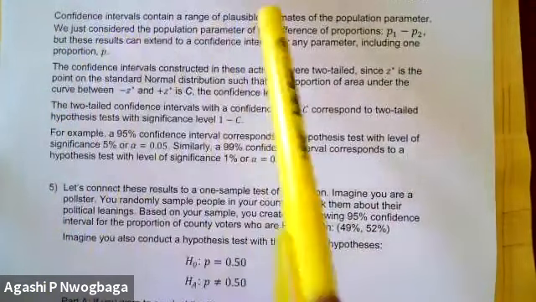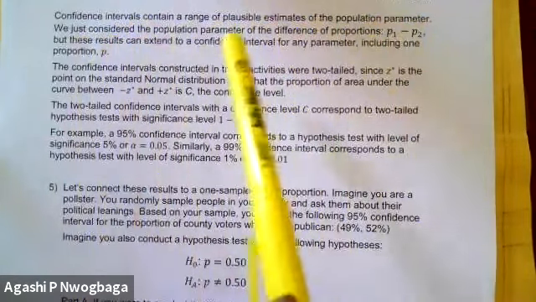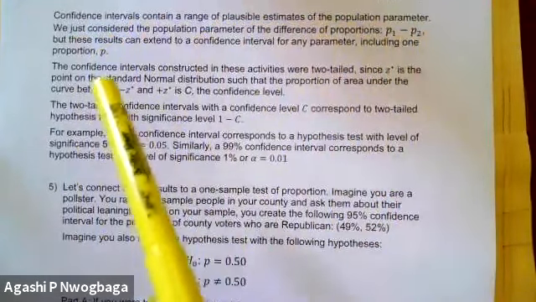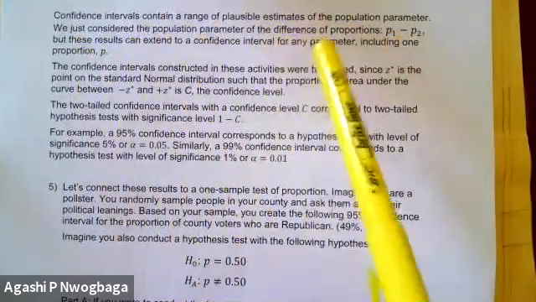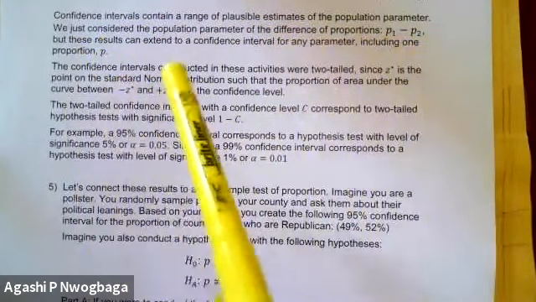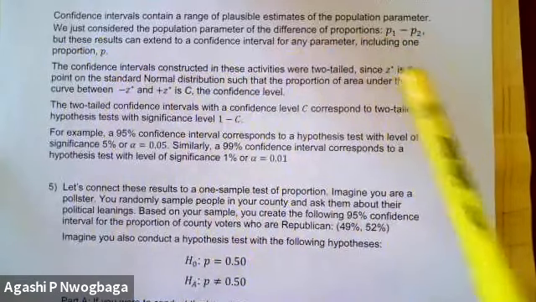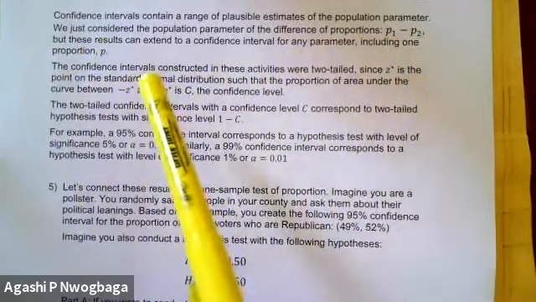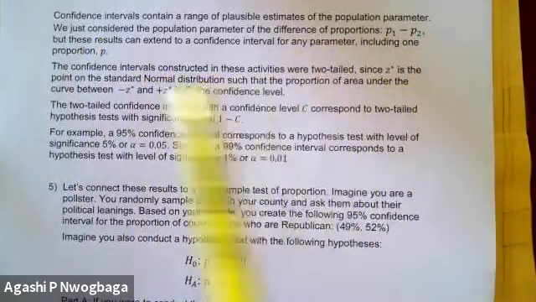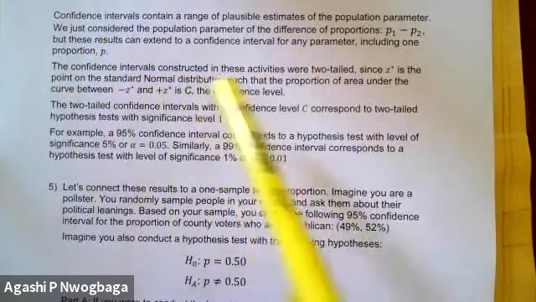Confidence intervals contain a range of plausible estimates of the population parameter. We just consider the population parameter of the difference of proportions, P1 minus P2. But these results can extend to a confidence interval for any parameter, including one proportion P. The confidence intervals constructed in these activities were two-sided, since Z star is the point on the standard normal distribution such that the proportion of area under the curve between negative Z star and positive Z star is C, the